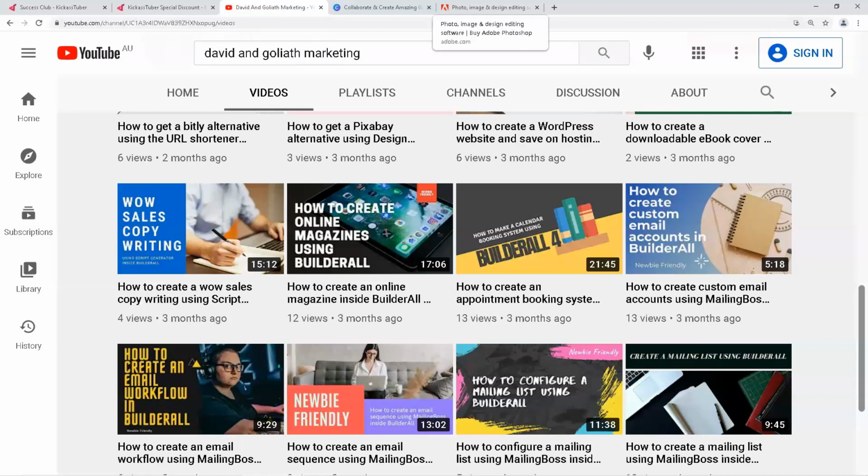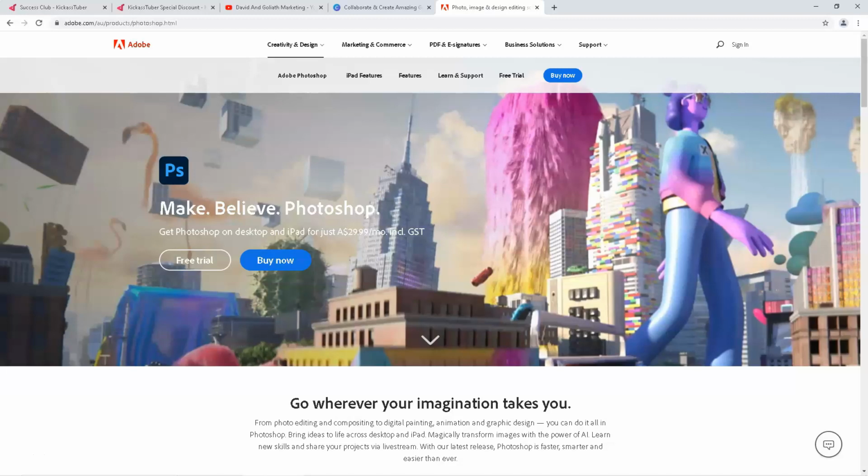The other alternative you can do is use Photoshop. Now Photoshop is the graphic standard bar none. Again, due to my lack of skills, I don't know how to operate this program. It's a very powerful program, and the other alternative is to give it to someone else to do your thumbnails, such as Fiverr. Well, I don't think everyone's got that luxury, so today I'm going to show you